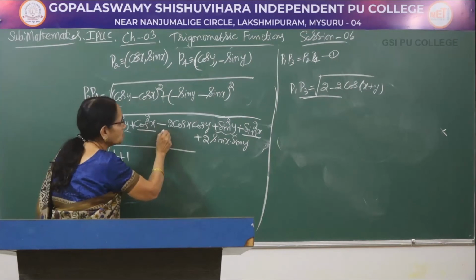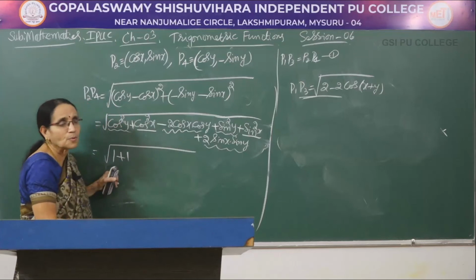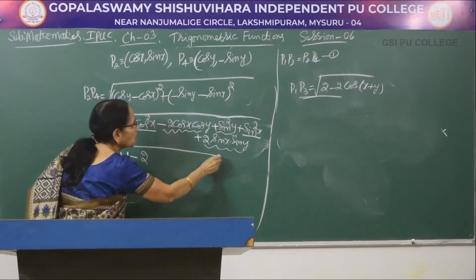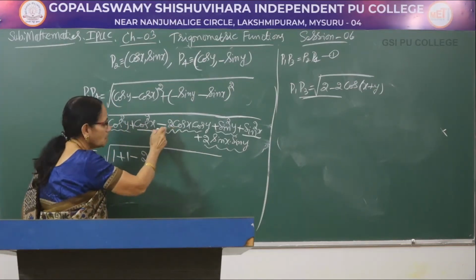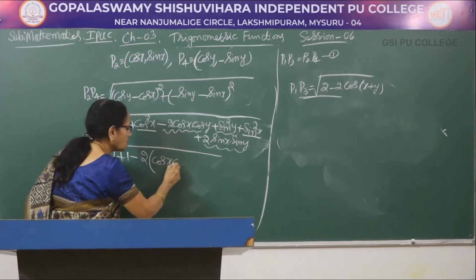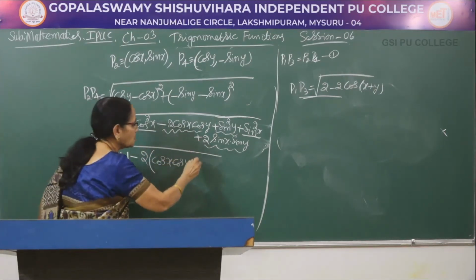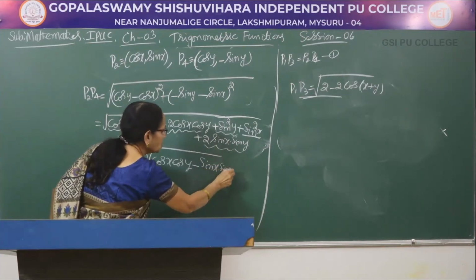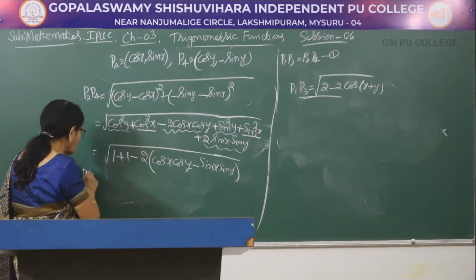Now from this one and this one, what's a common factor? You can take out minus and 2 as a common factor. What is remaining? When you take out minus sign, this 2 also has been taken outside. Write another bracket. It is cos x into cos y. Now when the minus sign is taken out, this plus becomes minus. It is minus of sin x into sin y. Now look here, 1 plus 1, that is 2.